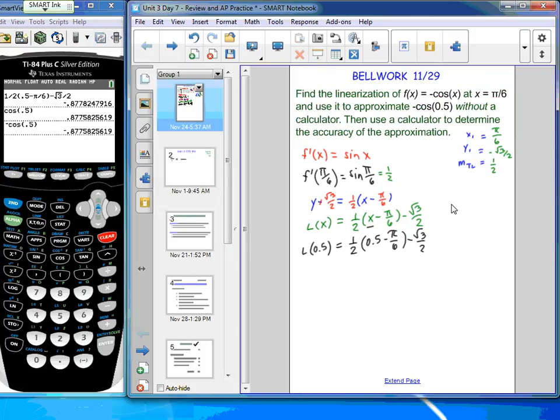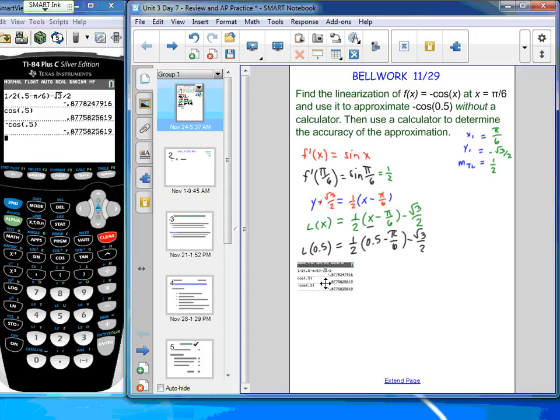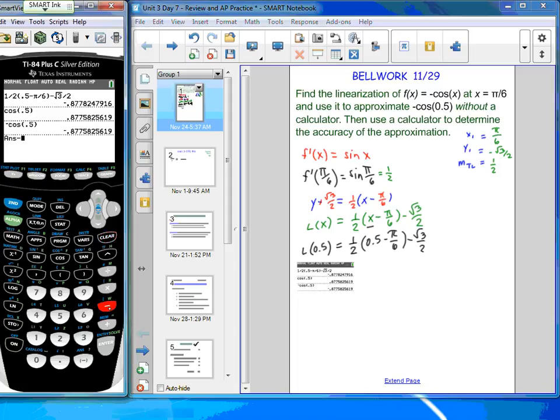All right. So I think we got it all now. What do we need? We need this and that, and now we'll go ahead and compare. So it looks to me like our, oh my gosh, that's pretty good. So our difference between the actual function value and our predicted